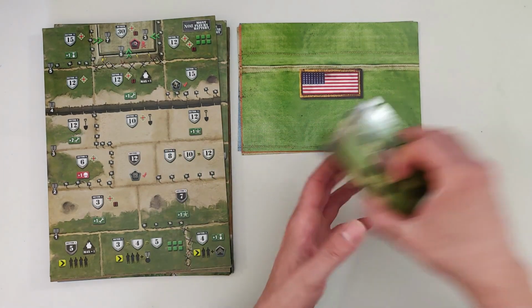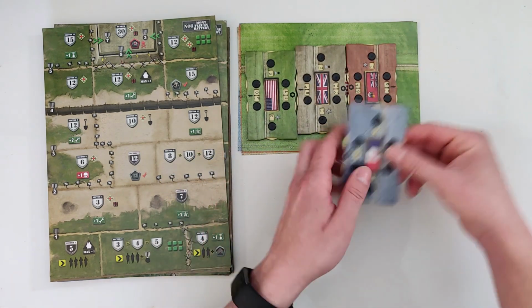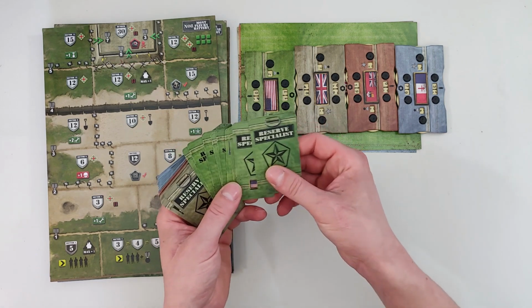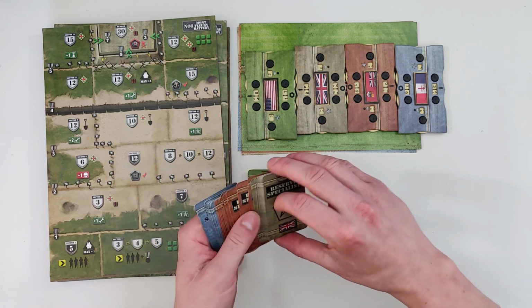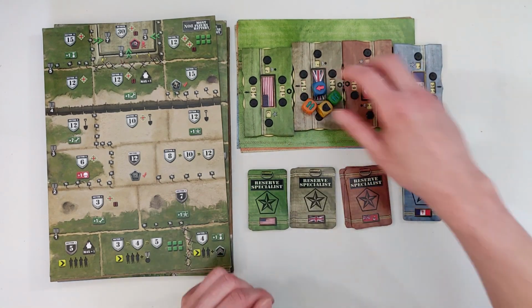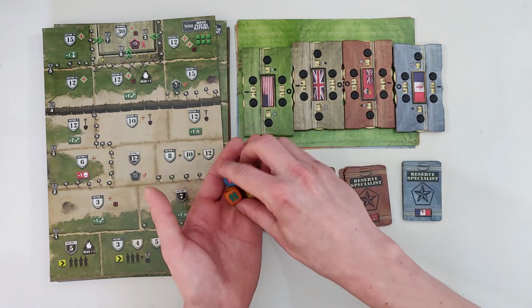On top of that, you are going to get one of these resource cards for every nation. And you are going to get specialists also for every nation. You are going to get reserve specialists and regular specialists for the US, for the British, for the Canadians, and for the French. And then you're also going to get unit dice, which basically shows where your squad is located